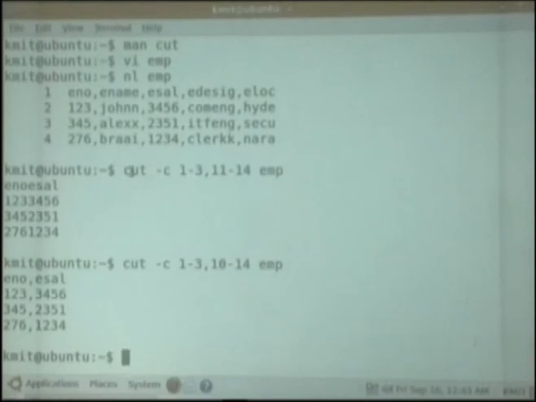So this option c is generally used for fixed length columns. And one more important thing to remember is that by default the delimiting character taken by this command is tab. We can also change this delimiting character. For example, in our example the delimiting character is comma. We'll do a lot of manipulations with the help of this command in the next session. We'll stop here.